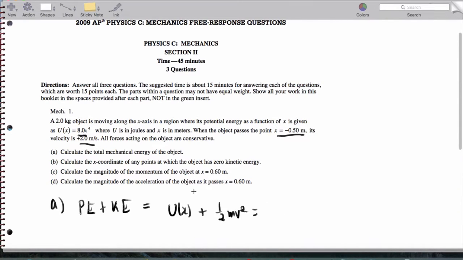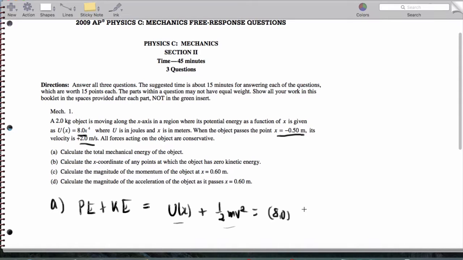So here's the thing. If I get the total mechanical energy, when we say it's conserved, that means wherever I get the number, that's the total energy all the time. It may trade that energy between potential and kinetic, but the total is going to be whatever I calculate. So in this case, it's going to be 8.0